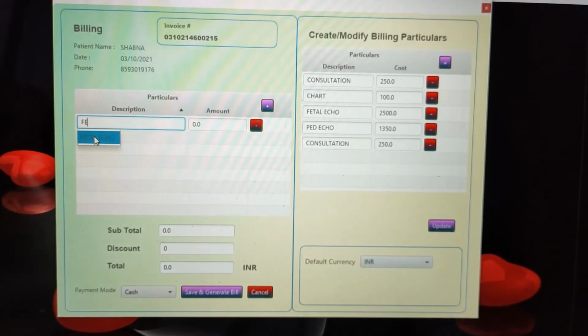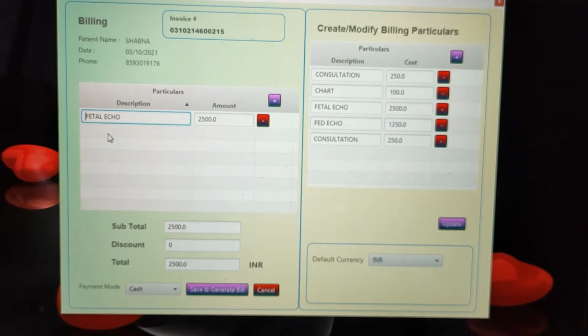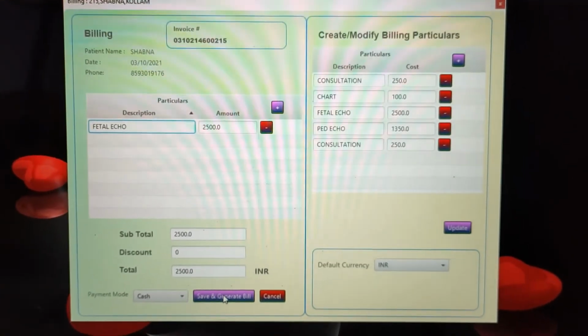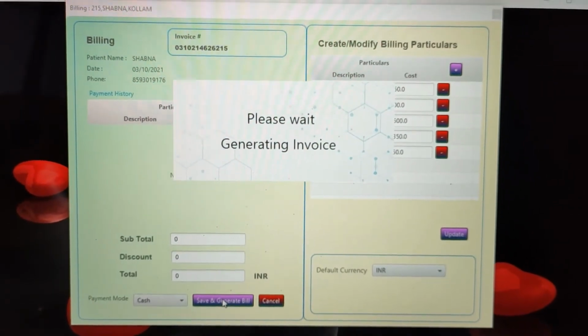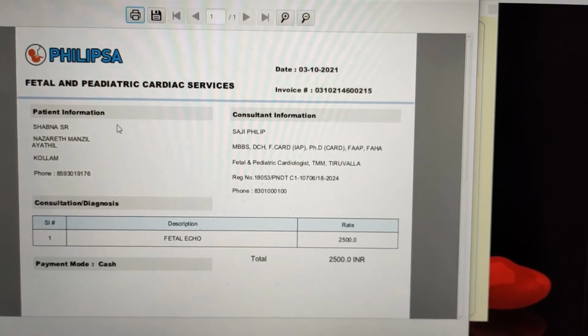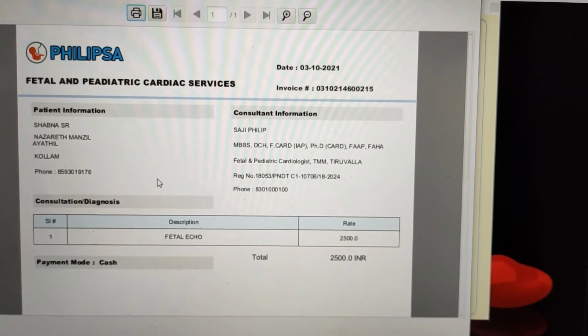Just a few letters of the icon are sufficient. The input data will come. This is your fetal echo chart, and then you create the billing. Please wait for generating invoice. The invoice will come. Wonderful invoices will come.